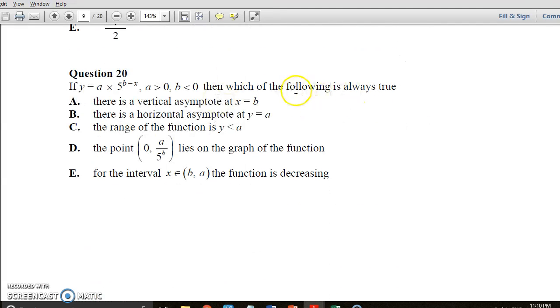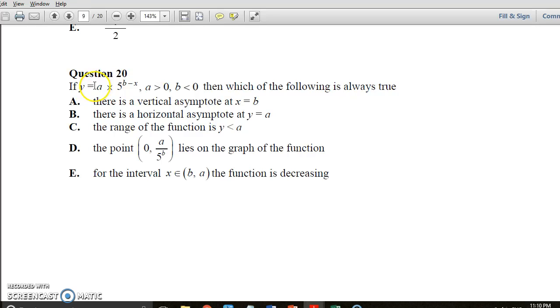Oh, this question was horrible. This one gave me a lot of grief as well. Alright, so we've got this here, y equals a times 5 to the power of b minus x. A is greater than 0, b is less than 0. Which of the following is true? Now, for this one,